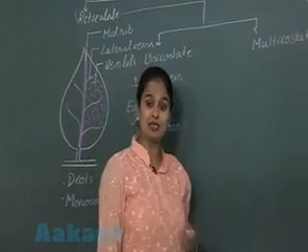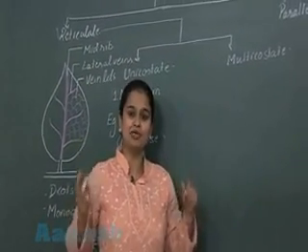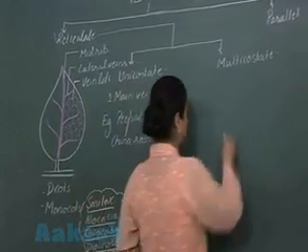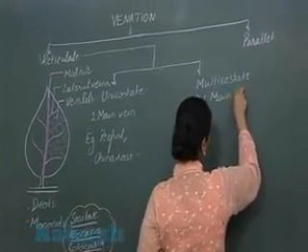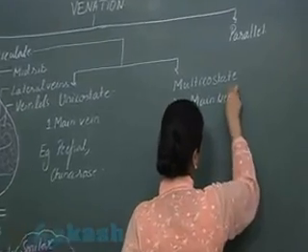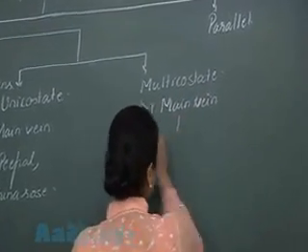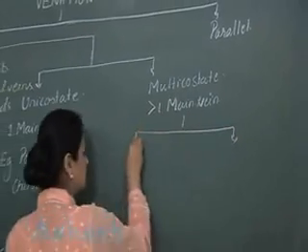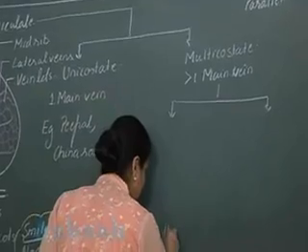Now the multicostate, as the name suggests, there is presence of more than one main vein, more than one principal vein, they are present. Now the multicostate condition is further distinguished into two types. Now in the first condition you see